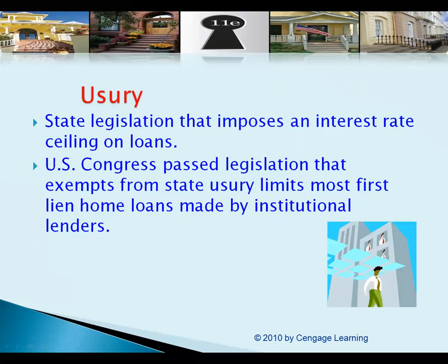But if we get into a situation where interest rates go way up again and where inflation is really high like we had back in the 80s, then this concept of legal ceilings on the interest rates makes sense again, because we don't want banks charging 20% interest rates. Nobody would be able to buy a house. So they artificially put in ceilings,